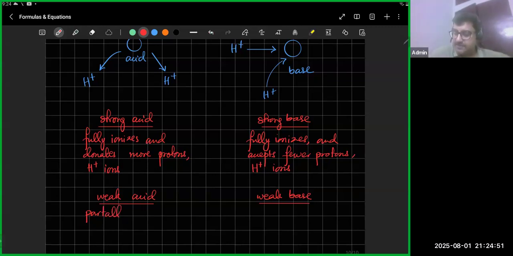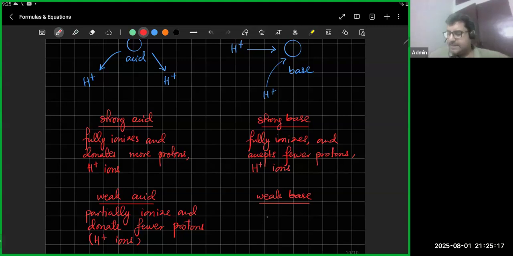They partially ionize, so they don't like to produce H+ ions and they therefore donate fewer protons, or you can say H+ ions. And weak bases, that's exactly the same, but they're also going to partially ionize